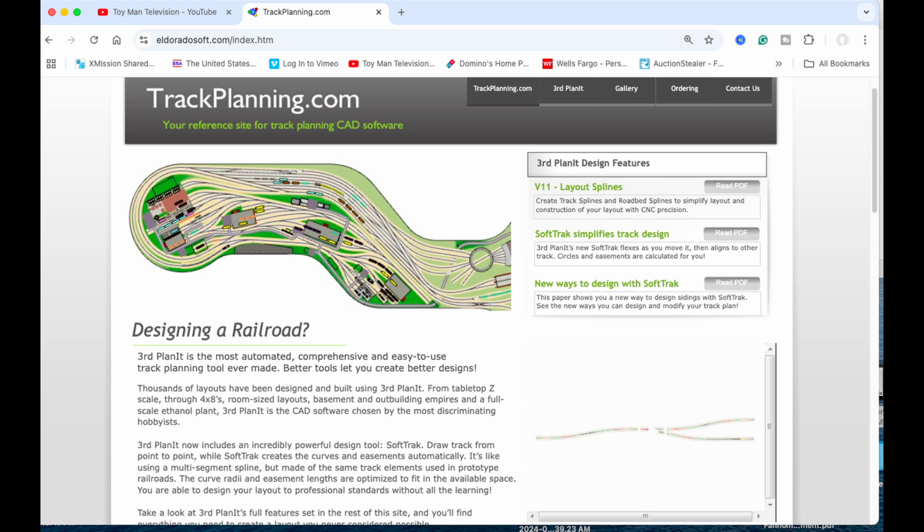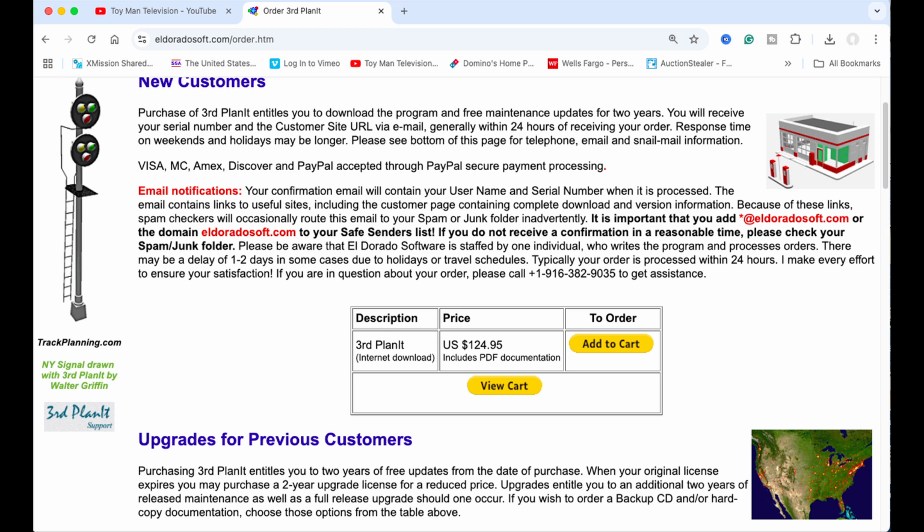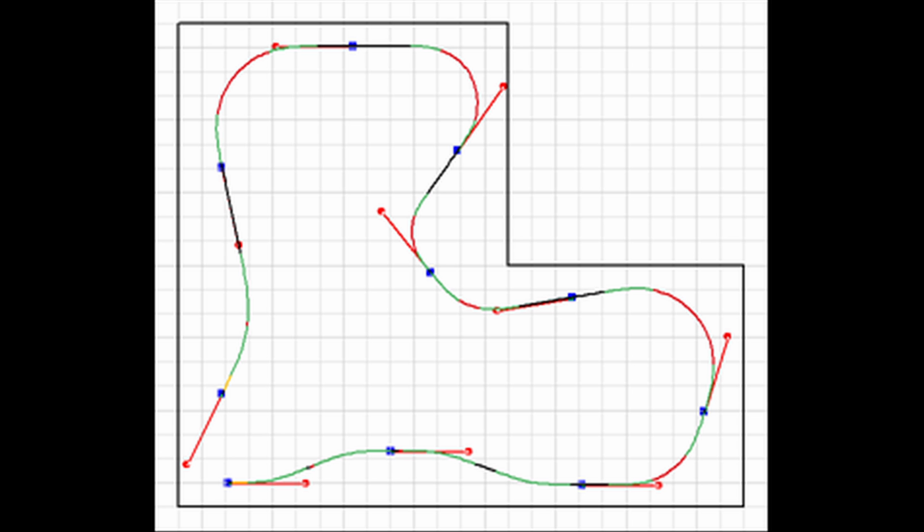The software that he used is called PlanIt, 3RD PLANIT, PlanIt. It's available on the internet and sells for $125. It's PC only. There's no Mac version, so for the Macaholics among us, like myself, the only way you can run this is if you put your computer into PC emulation mode, and there are programs out there for doing that. There's a free version, a demo version, which I didn't download because it won't run on my Macintosh,